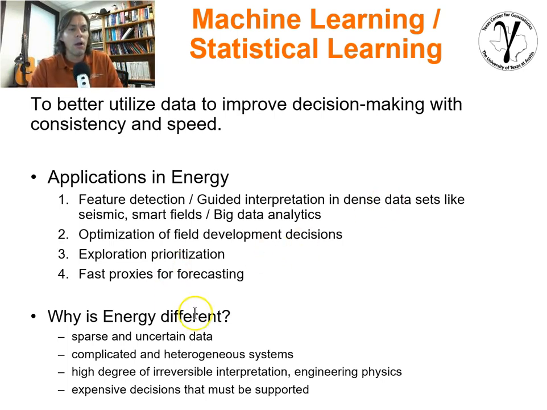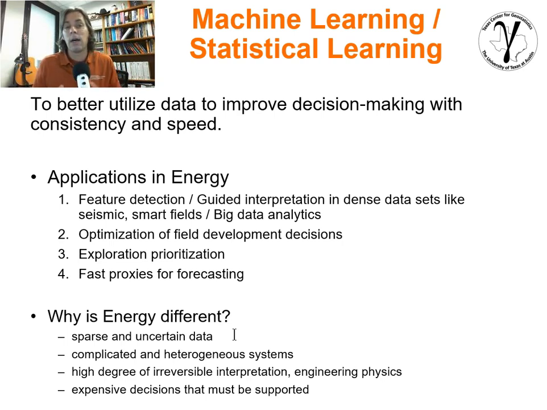So now I meet people in tech who suggest that energy is kind of like radiology, and it's images. We're looking for just cysts and so forth, or maybe it's like what Google's doing. I would like to say that I think energy is different than a lot of other fields and is unique, and so has unique challenges that we should consider in the application of machine learning. First, sparse and highly uncertain data. And so what does that mean? It means that there's a pretty thick layer of interpretation required on all of our methodologies.